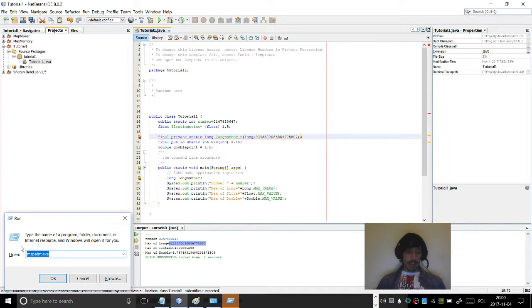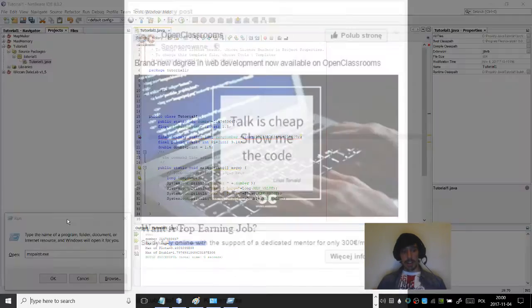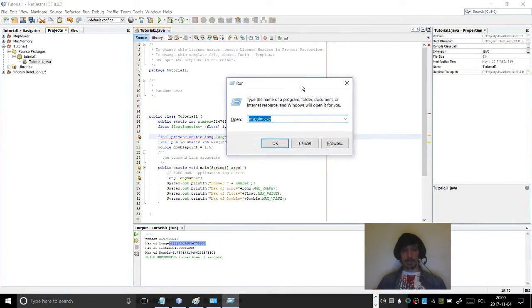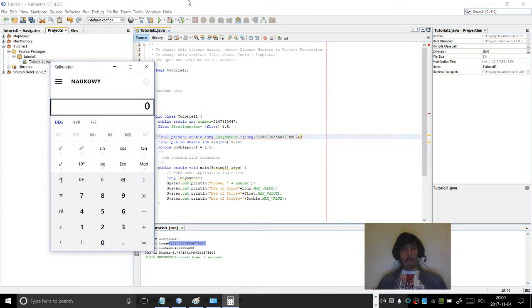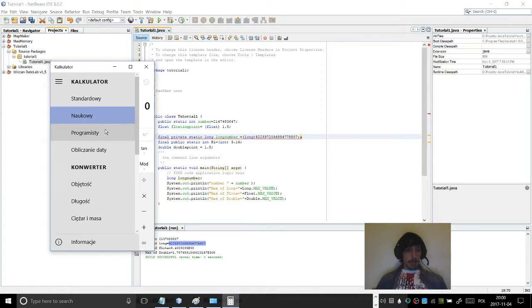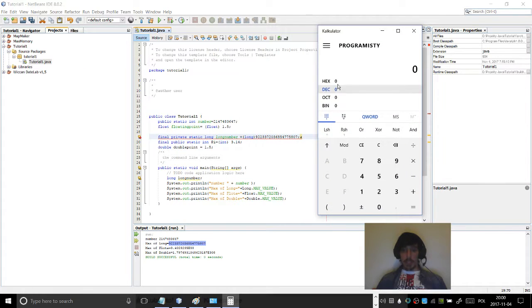Oh, there's another shortcut in between the Control and Alt on the Windows keyboard. You have this window button, so if you hold this and press R, you will pop out the run, and you can use it to run mspaint.exe, notepad.exe, or I always call calc.exe. And if we change it to the programmer view, we can change between hexadecimal, decimal, octal, and binary. So if we go to binary and make 32 ones